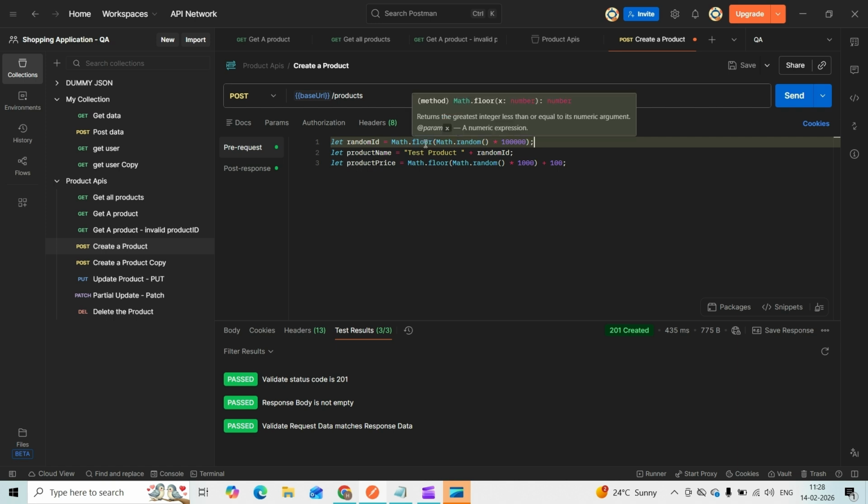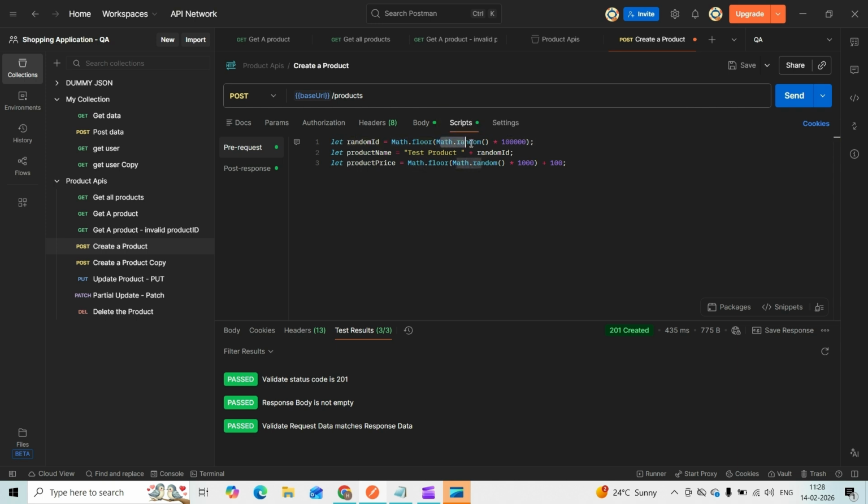And this floor method will remove the decimal part. Math.random will give the decimal part, and floor will remove the decimal part and give the whole number. That is why we are using Math.floor. Okay, so I hope this is clear, and I'm appending this